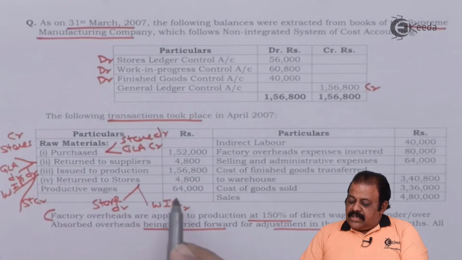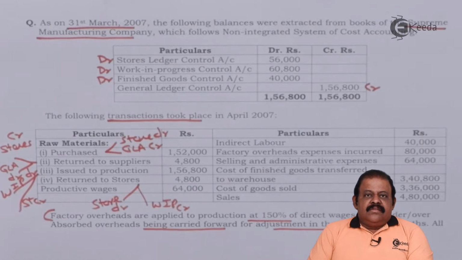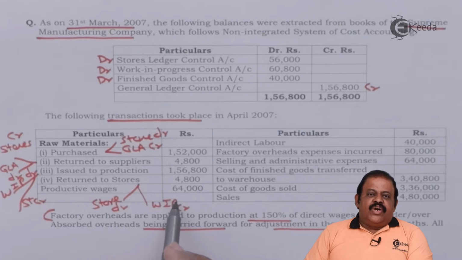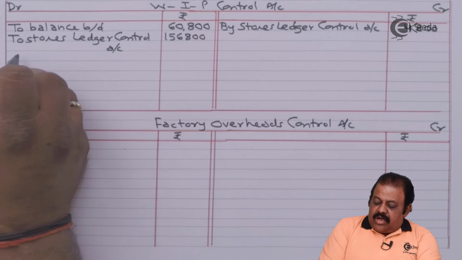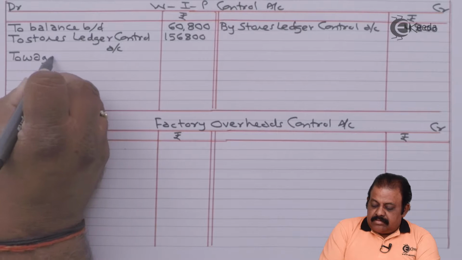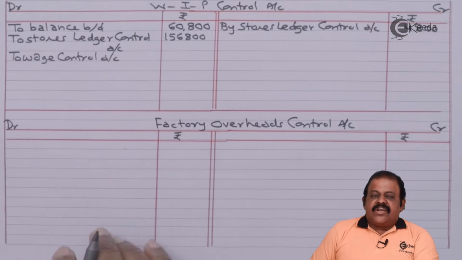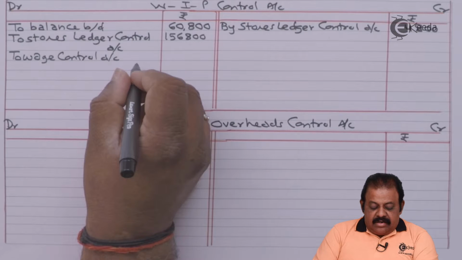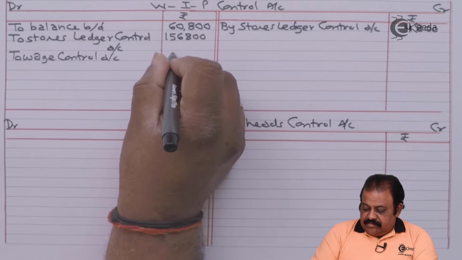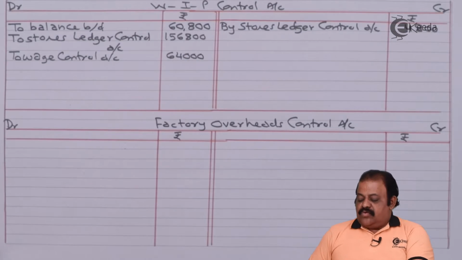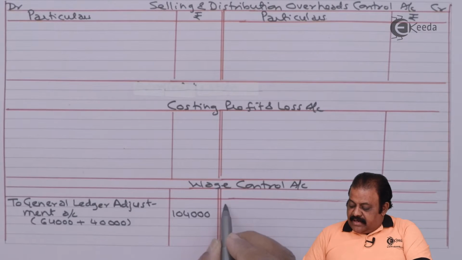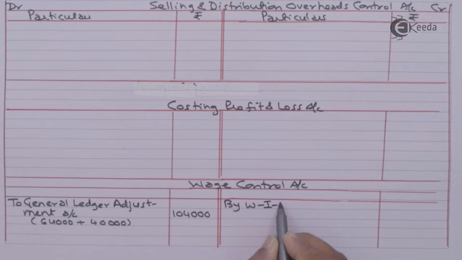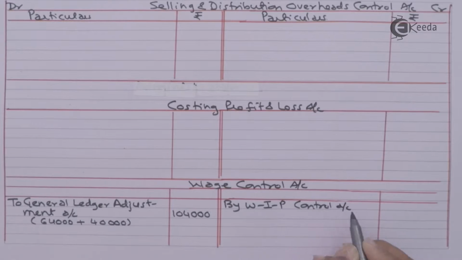1,04,000. Productive wages 64,000. This will be applied to work in progress. It will be debited to work in progress and credited to wage control account. Work in progress control account to wage control account, direct labor or productive wages 64,000. Here wage control account credit side by WIP control account